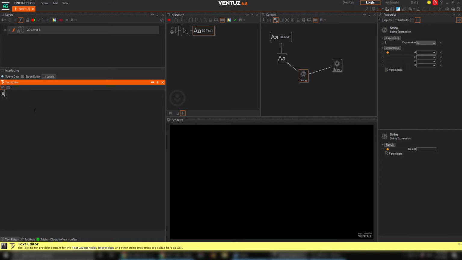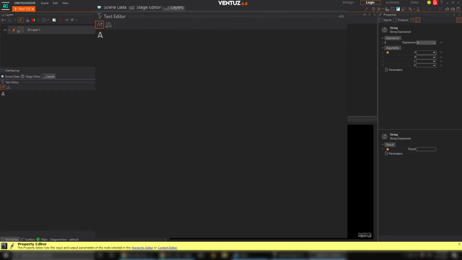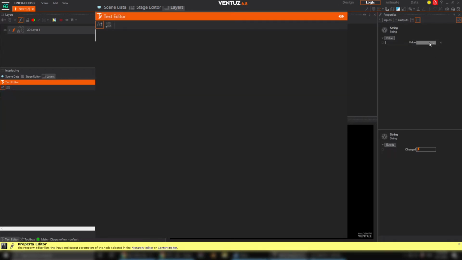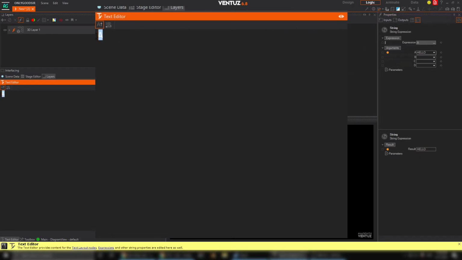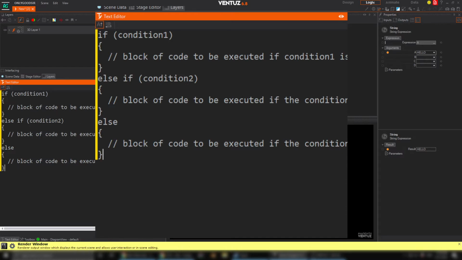I'm not sure how easy this is to see on screen, so what I'll do is make this bigger. Boom! So you can see my text as an editor. So if I type in here the string hello, it will automatically appear in my results, because the expression is just saying A, and it will just show the result of A. However, we go into our expression and we paste in that piece of text that we got